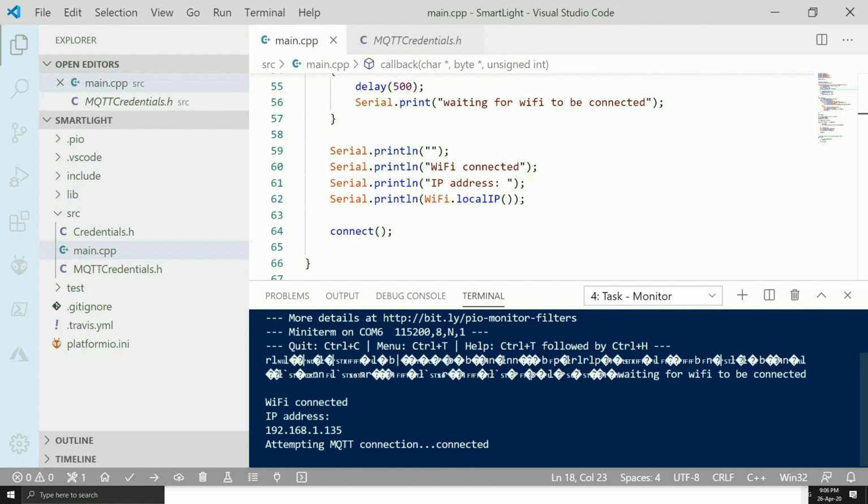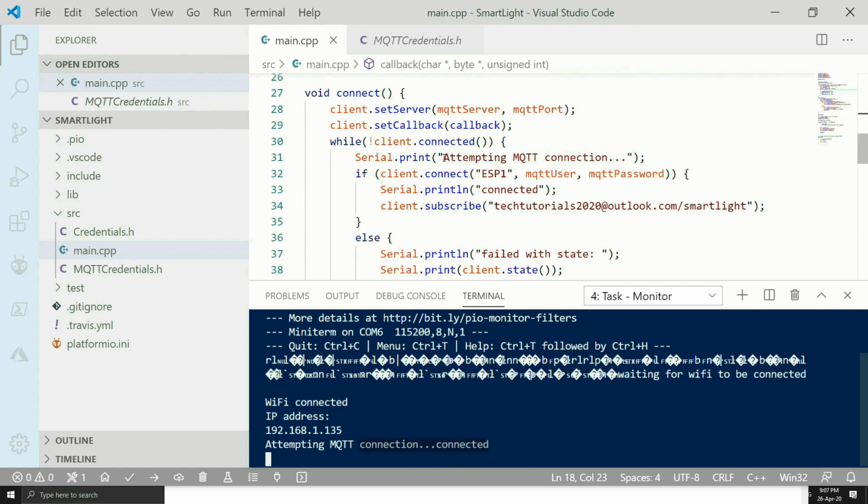Here it says attempting MQTT connection, connected. This is the message we have printed, attempting MQTT connection, and it says connected. So now we have subscribed to a topic on the MQTT broker.